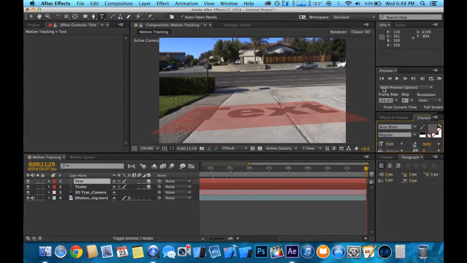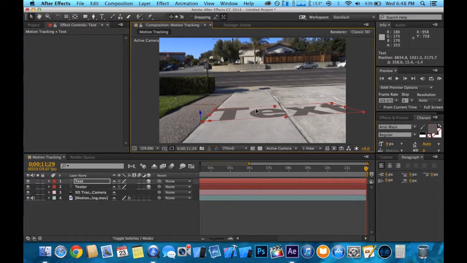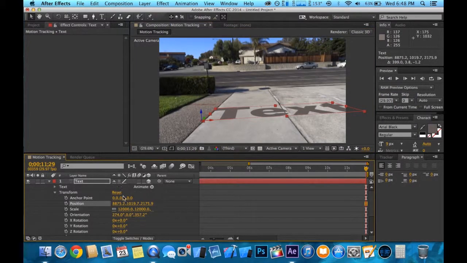That's more like it. And now we can move this, and we can sort of just twist it. But I think